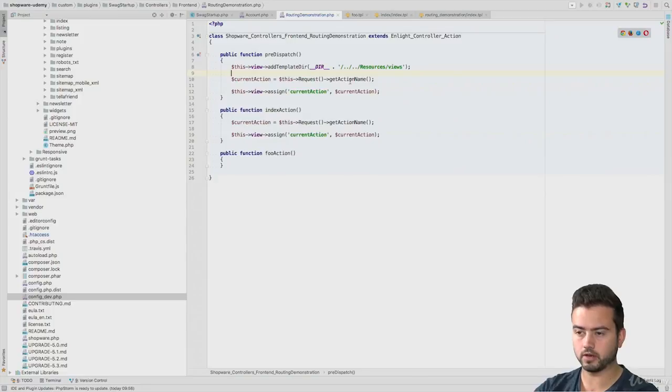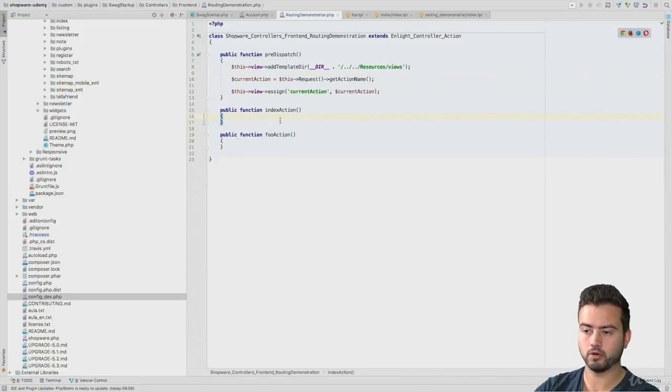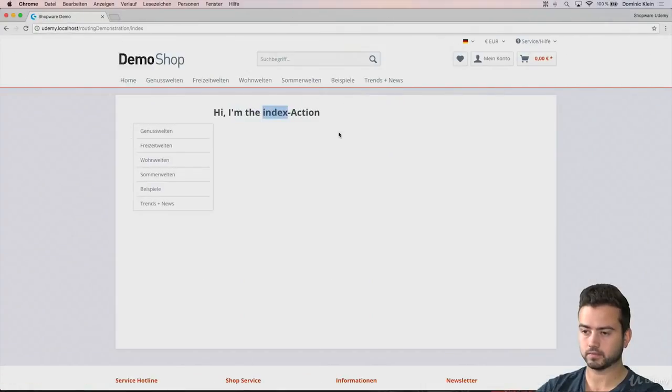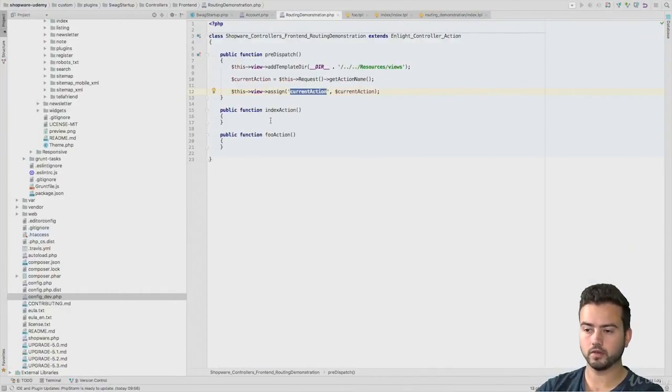So I will put it in here, and we can remove the duplicate code from both of these methods and still have the current action variable present in our template. So I just reload it, and you see it's still working,